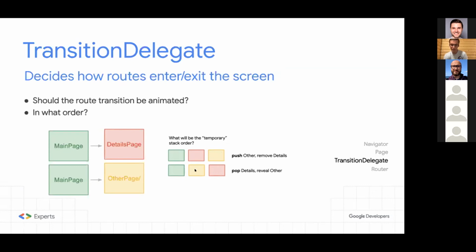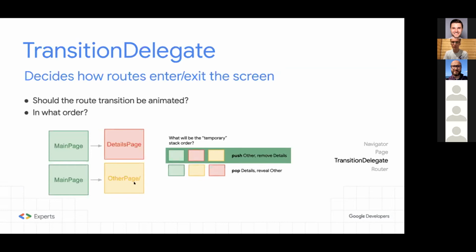And frankly, without any clues, you cannot say what will happen. Of course, there are some patterns for how this kind of change should happen, but it's up to the developer or the framework designer to decide about it. And actually, by default, the first option will happen, so the new page will be pushed on top.